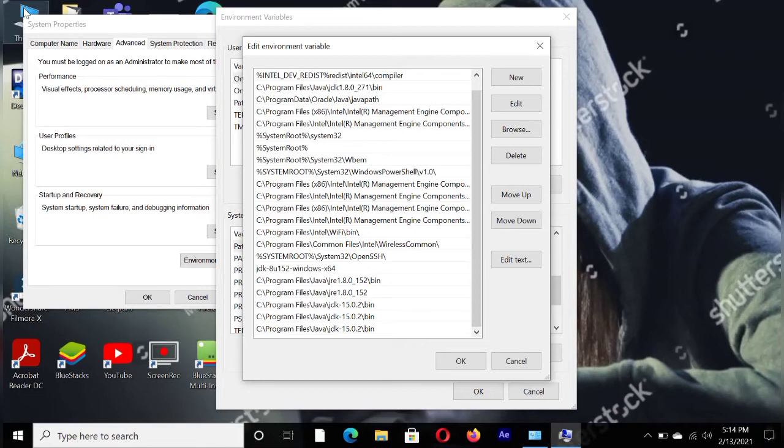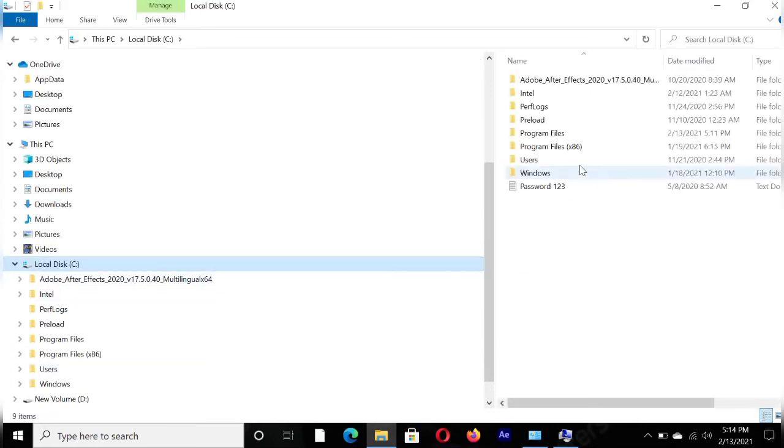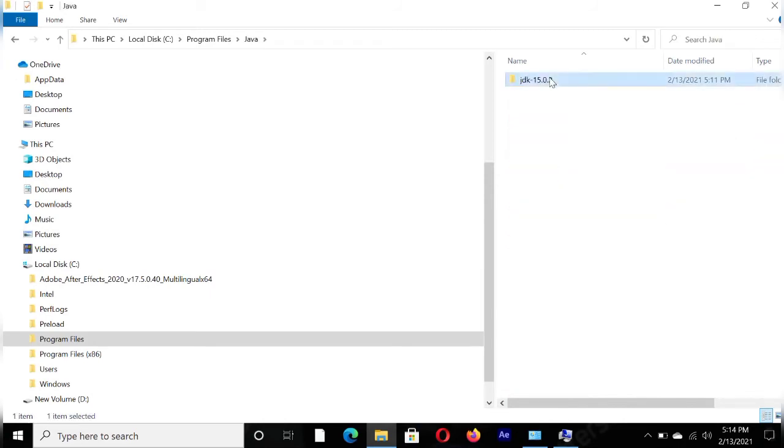To copy the path of the bin, we have to enter into the location where the Java JDK file is installed. In my device, it is stored in the C drive. I have opened the C drive. Click on C drive and then Program Files. Then here we can find Java. See here, Java, and click on JDK.